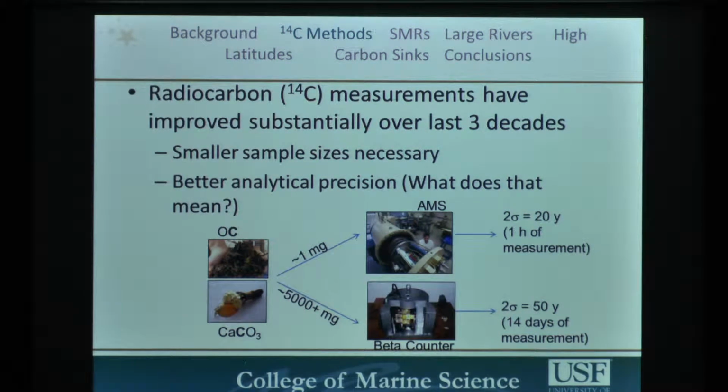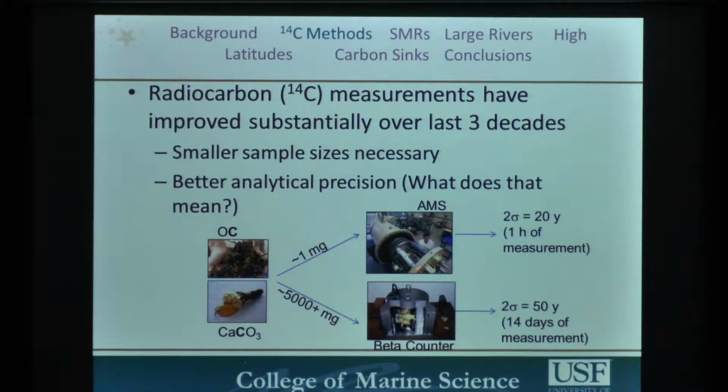So a few words on methods here. You don't necessarily need to know how it's done if you're not interested, but just one thing to know is that, like most things that have been around for a while, radiocarbon dating has really improved in the last 3 decades with the advent of AMS, accelerated mass spectrometry. If you take any organic carbon or calcium carbonate, anything with carbon really, you can convert that into CO2 and some other